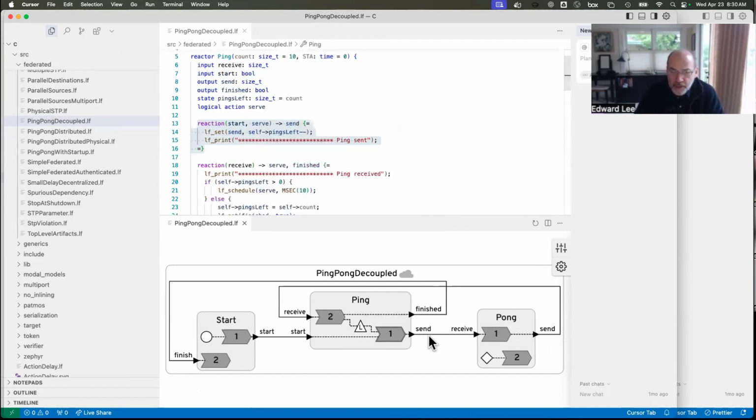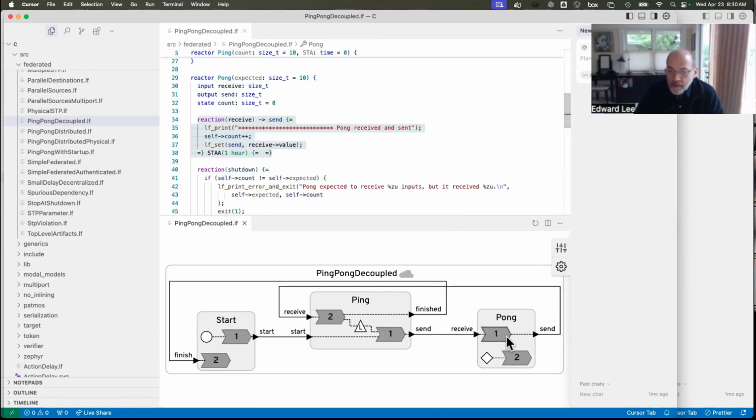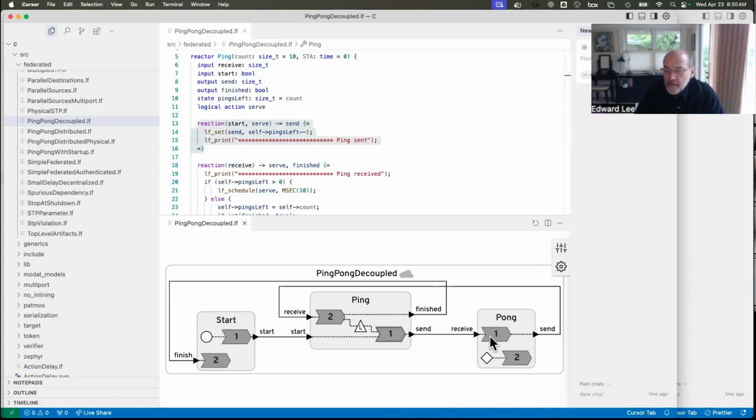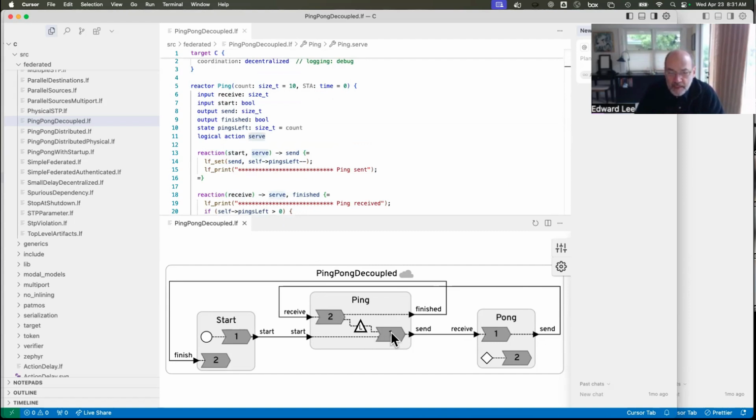Okay, so the ping reaction will send its first output. The pong reaction will react to that, responding with a response here, and the response here will count to see how many responses it has had. And if it's not finished, then one logical, I think it uses, no, it uses a 10 millisecond offset in this case. So 10 milliseconds later, it sends another output. Okay, this would not be a good choice for a benchmark run because you wouldn't want this 10 millisecond lower bound, but